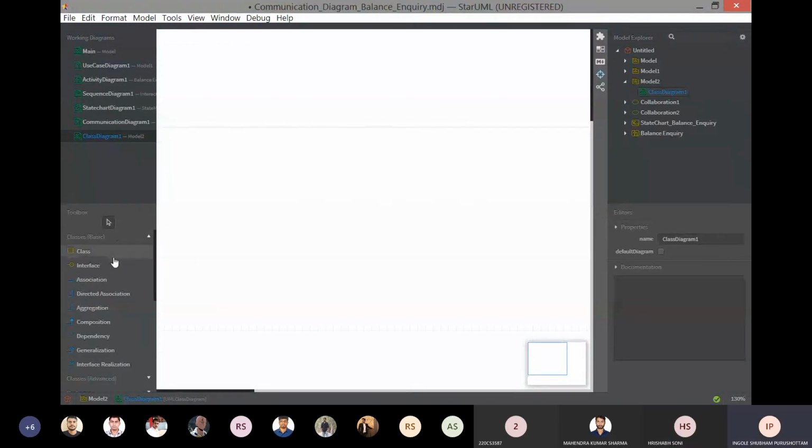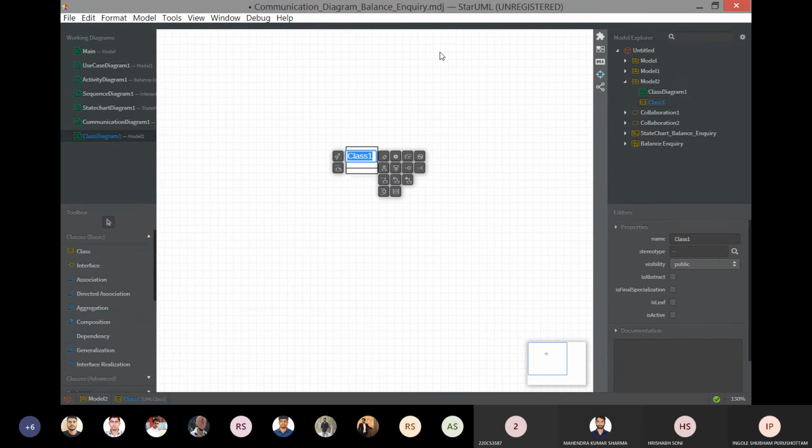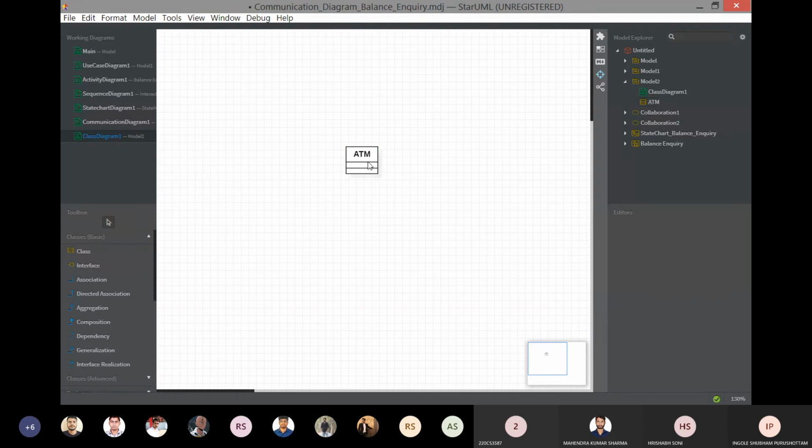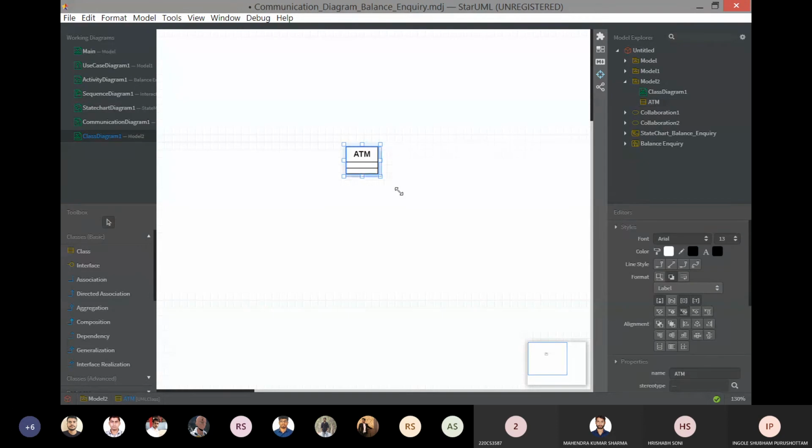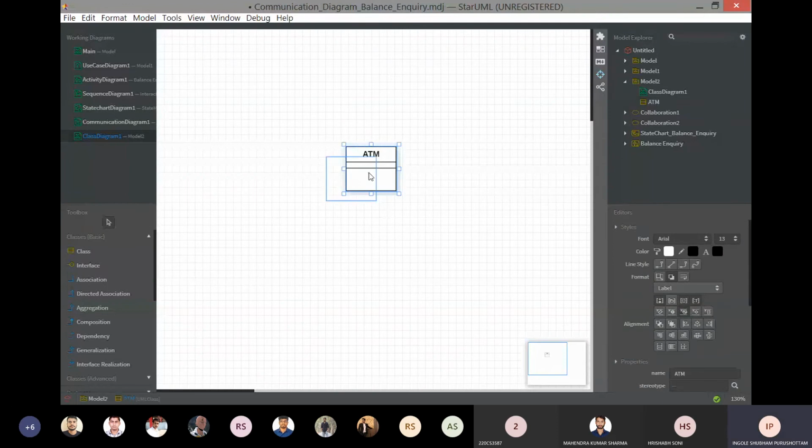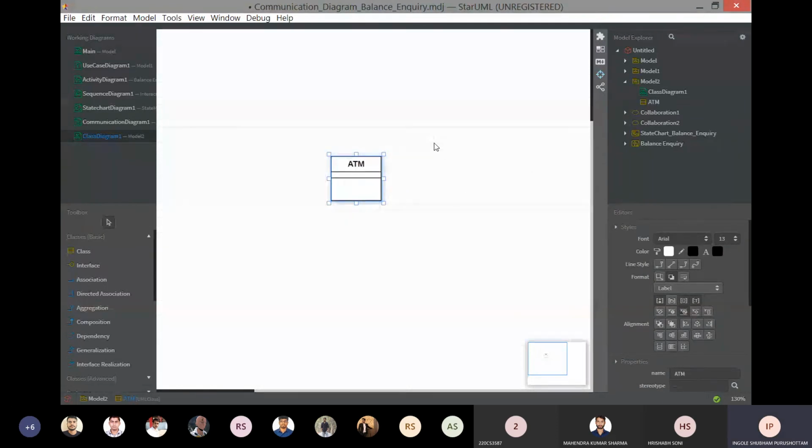So here I will take a class. I'm just showing you how to take the classes and how to create a class diagram, but it depends on you how complex you will make it.